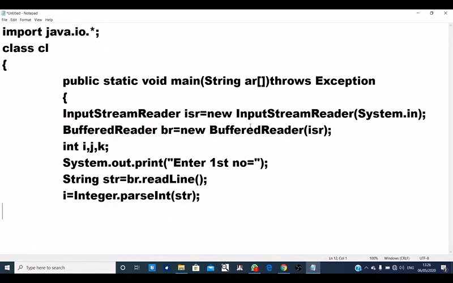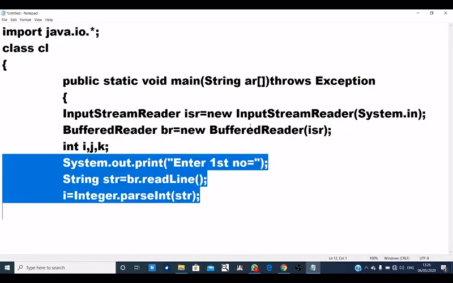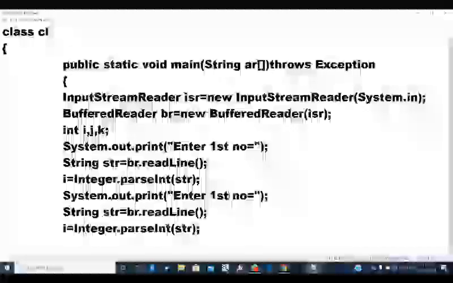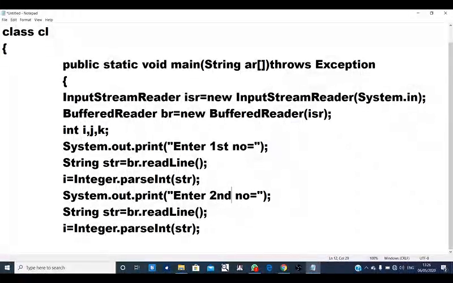Now again, suppose we have to take input for another integer number, so I am writing here "Enter second number". Again, input will always be taken as a string, and this string is to be converted into j.